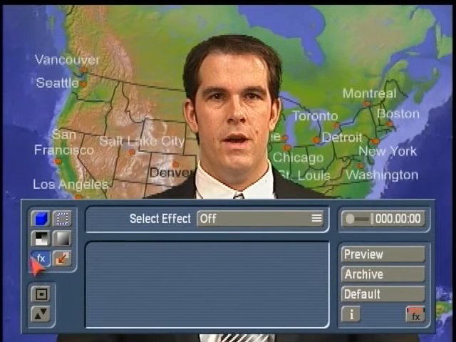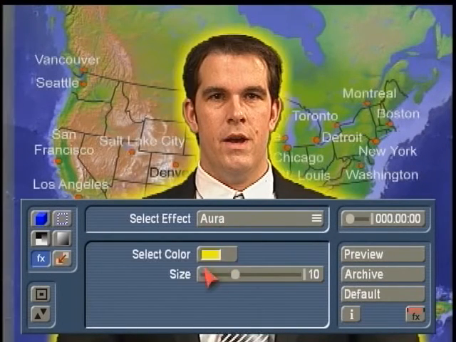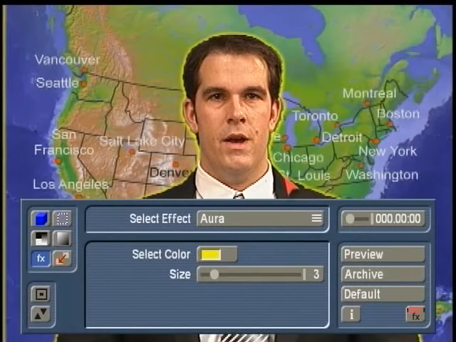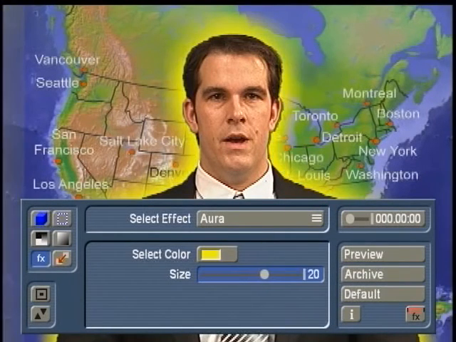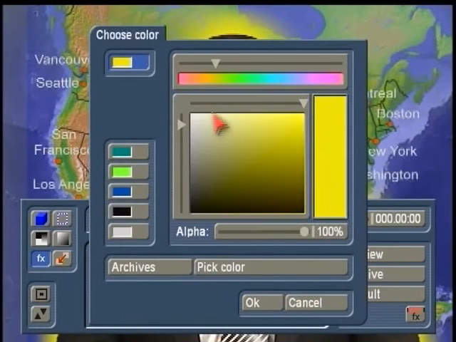And the very bottom one here is a mode option to add some other effects. Different kinds of things here you can experiment. One favorite is Aura, so you can set a color to be an aura around your image and say how thick that aura is going to be, whether it's going to be real thick with a sharp edge, or you can make it softer by expanding the size and selecting different types of colors using your color image